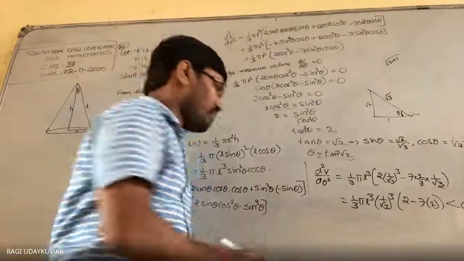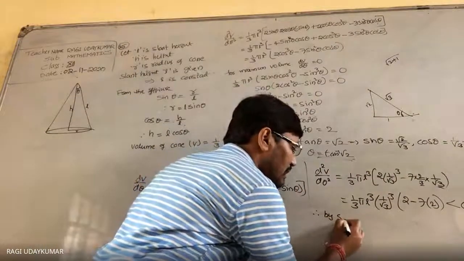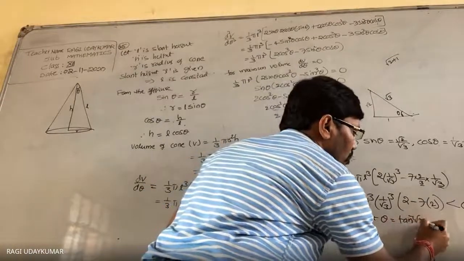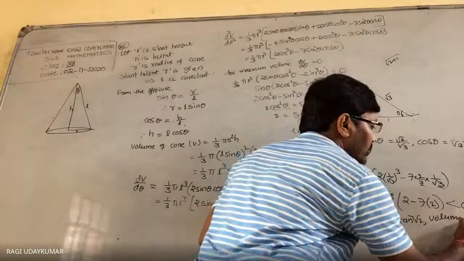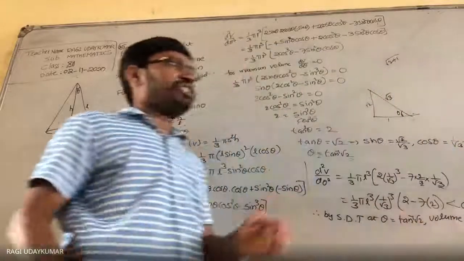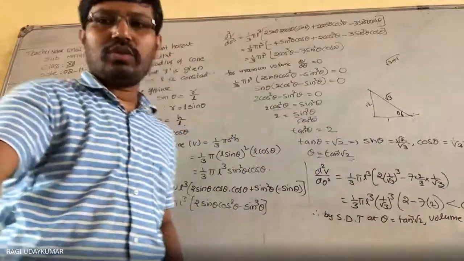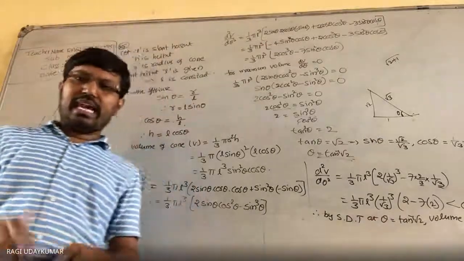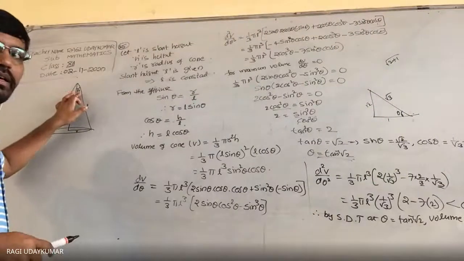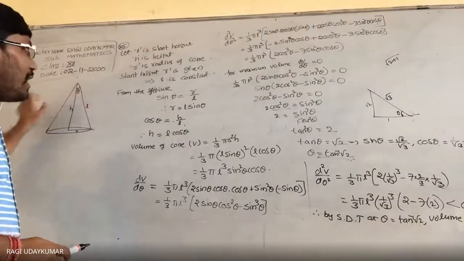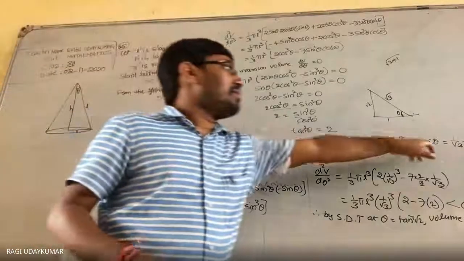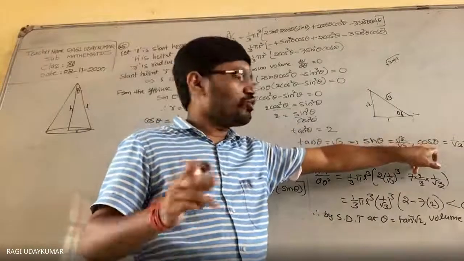Okay, so therefore by second derivative test at theta is equals to tan inverse of root 2, value is maximum. Same question can be asked in another way, you know. Prove that the semi-vertical angle of a cone with a given slant height, for maximum value, is equals to cos inverse of 1 by root 3 भी पूछ सकते हैं,